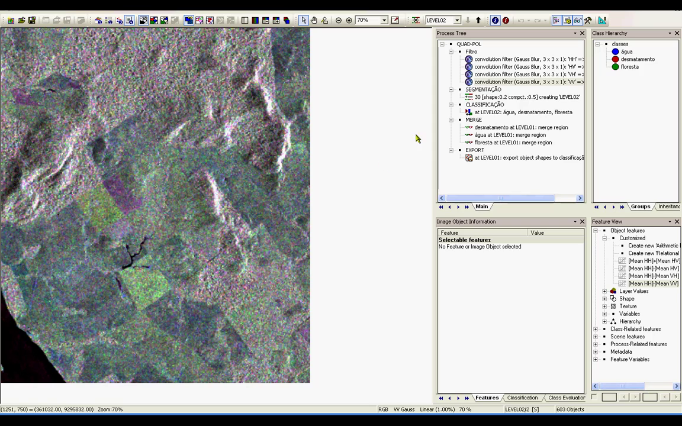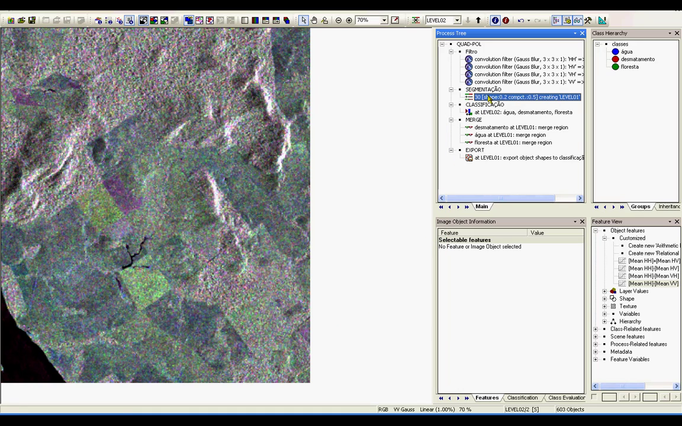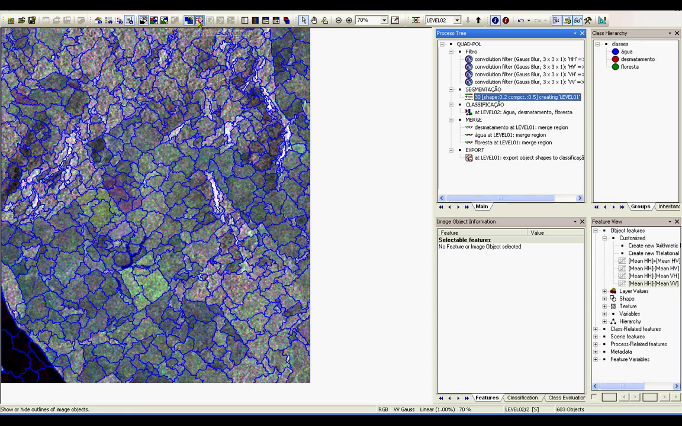In the next step, we have the multi-resolution segmentation using only the filtered layers, and the scale parameter as 30, shape as 0.2, and compactness as 0.5. Now we have the objects